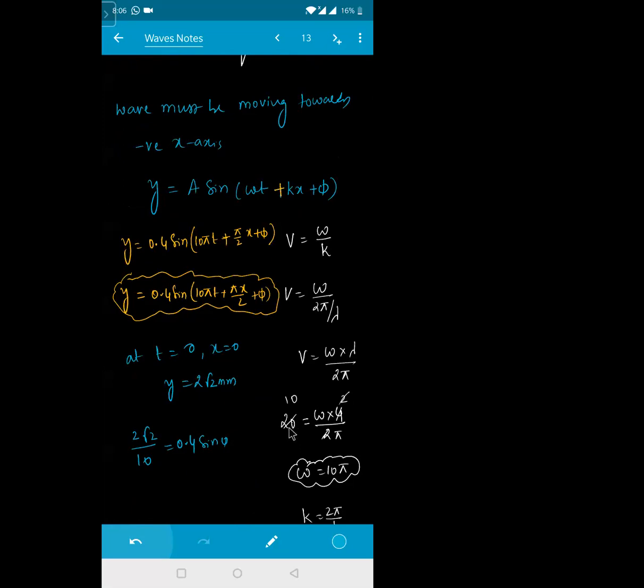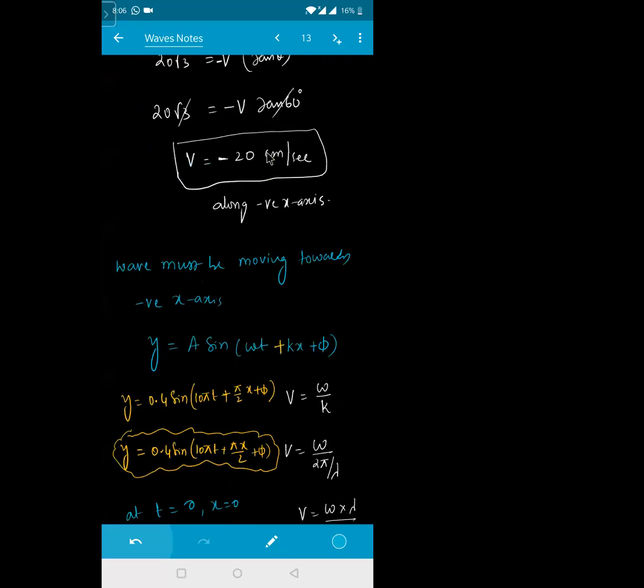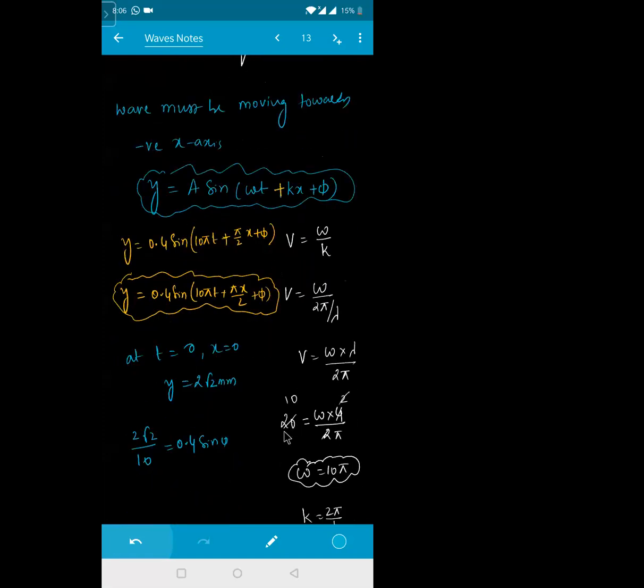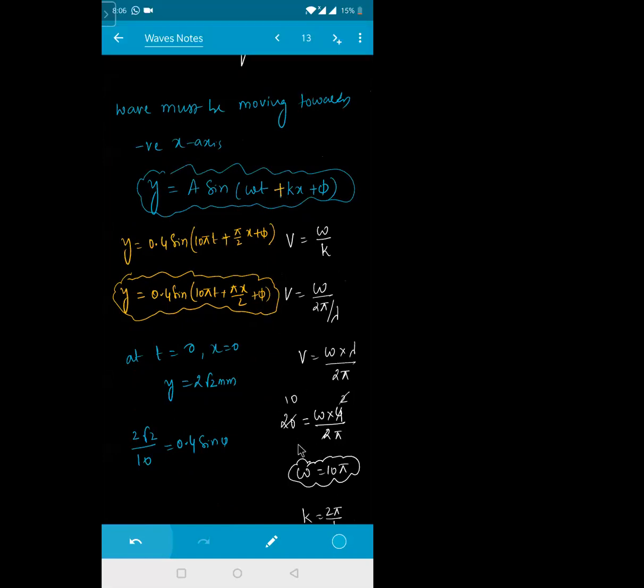See, while doing the calculation, the minus sign indicates only direction. We already took the direction and we have written the equation. I need not take it again now, because this minus sign has been very clearly telling me that the wave is moving in the negative x-axis. That is the reason I have written the equation in the form y is equal to A sin(omega t plus kx plus phi). This sign indicates that the wave is moving in the negative x-axis. That knowledge has already been given to me, and while doing the calculation I need not mention the negative sign there. Clear?